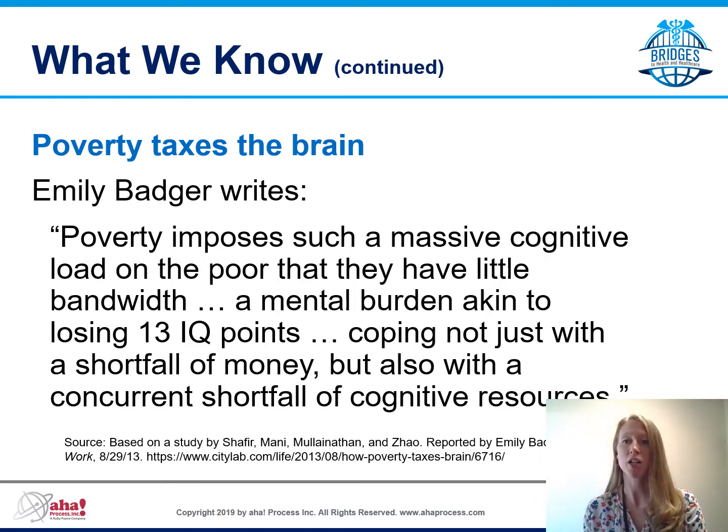One such study actually equated the presence of poverty to a loss of 13 IQ points. The experience of poverty is exhausting. Living on suboptimal resources for an extended period of time, a constant or near constant concern with basic needs like food and housing, poverty evokes an image of a hamster wheel. The Bridges term for this is called tyranny of the moment, a state in which someone is so overwhelmed with crises or meeting basic needs that they have little bandwidth to plan for the future.